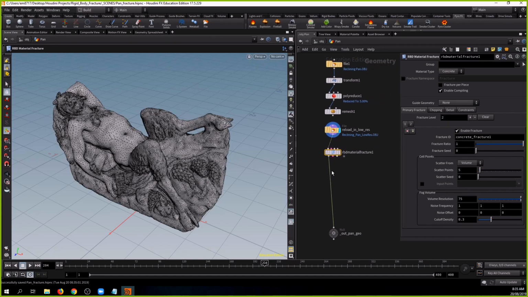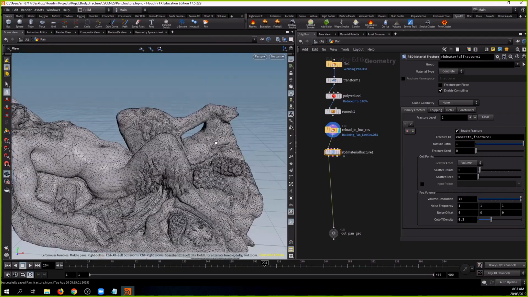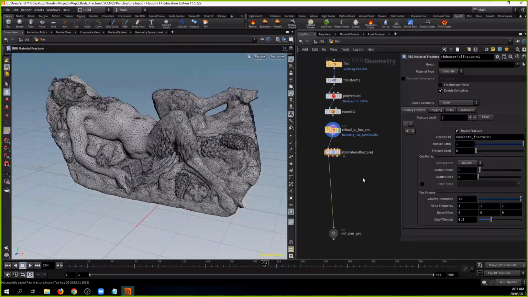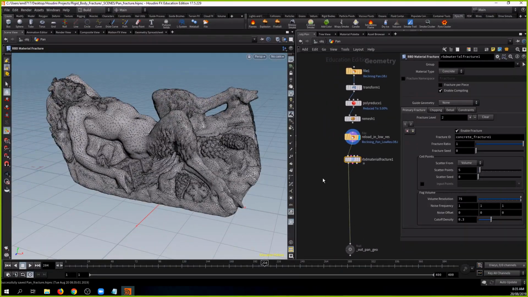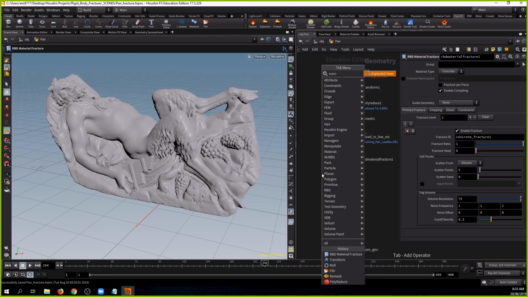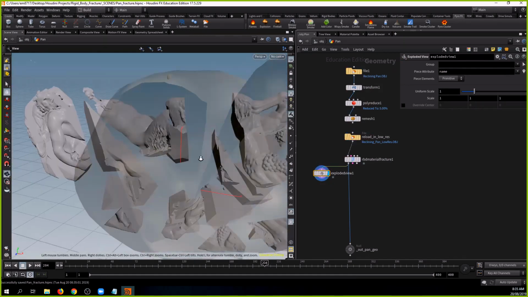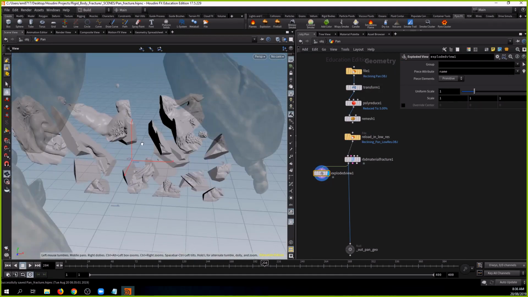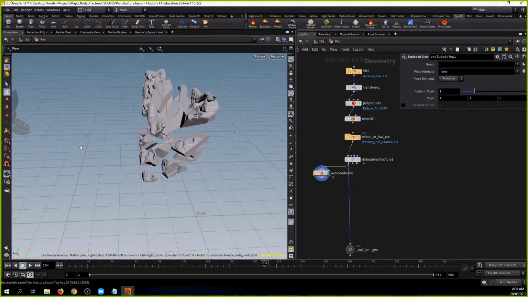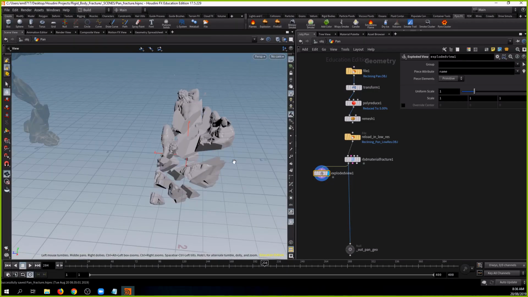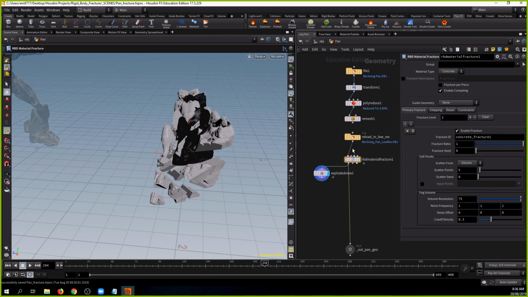A very good habit to analyze your fracturing is to add an exploded view somewhere in this, and connect that. So you look through that exploded view. So this pan is gonna fracture like this, and the material that I'm gonna choose, so it's not the shader when I say material, it's the substance that this